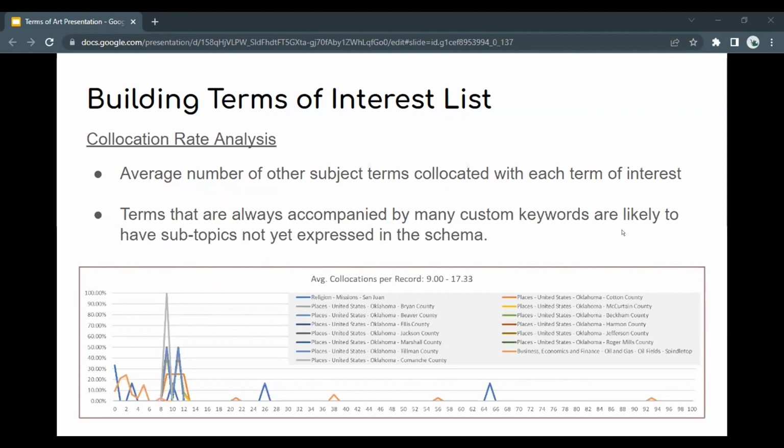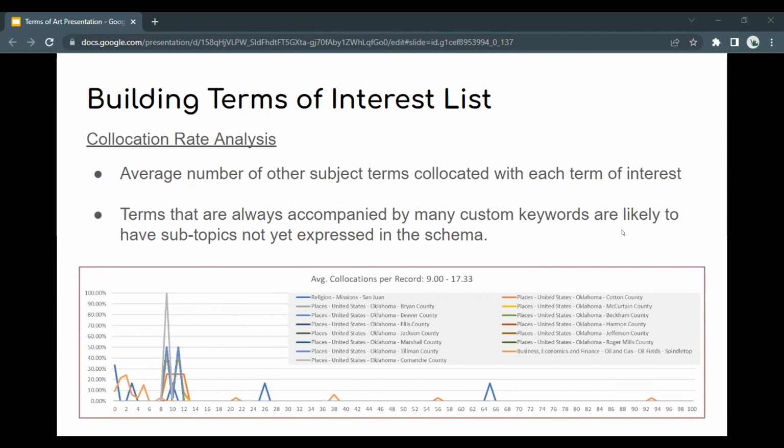And then finally, the third and final method that I used to round out this terms of interest list was what I called a collocation rate analysis. This one looked at how frequently each UNTL-BS term could be found alongside a large number of other subject terms on the portal records. And so the idea here was that terms that are always accompanied on records by a lot of other subject terms could have facets and subtopics that weren't yet represented in the schema, which is what causes staff, when they're cataloging these objects, to resort to using a lot of custom keywords in order to express